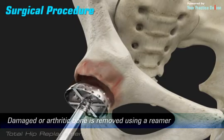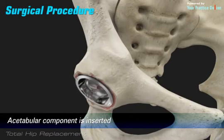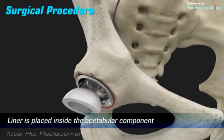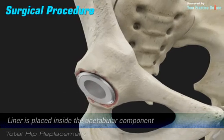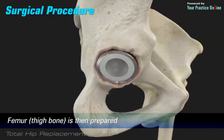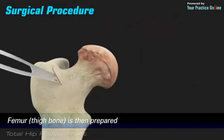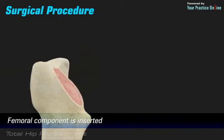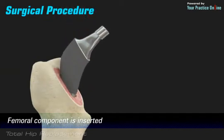a reamer. The acetabular component is inserted into the socket using screws or occasionally bone cement. A liner made of plastic, ceramic, or metal is placed inside the acetabular component. The femur or thigh bone is then prepared by removing the arthritic bone using special instruments to exactly fit the new metal femoral component. The femoral component is then inserted into the femur either by a press fit or using